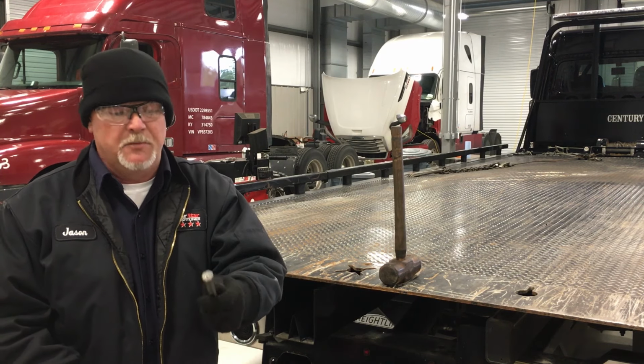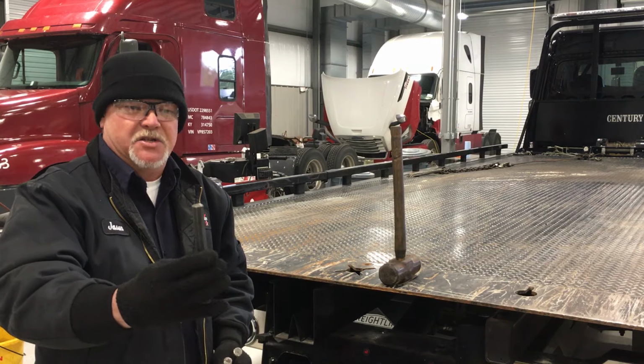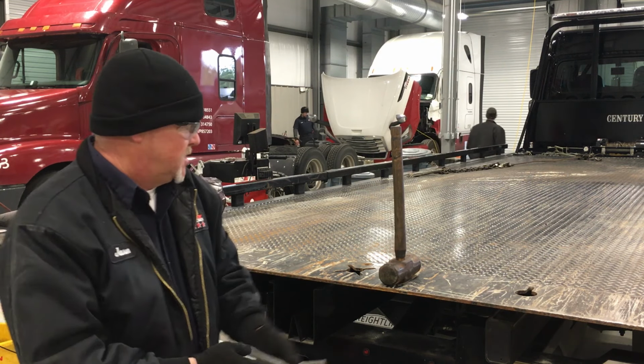Anytime you have a chisel like that that's out of spec, we need to remove it and repair it. Repairing it would be basically like this: you put it on a grinder and you grind those mushroomed ends off. You take that projectile away from it. That's punches and chisels. Now hammers,